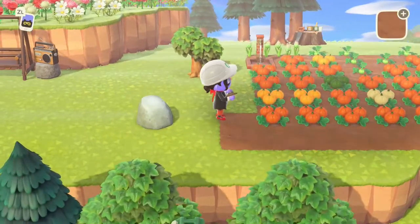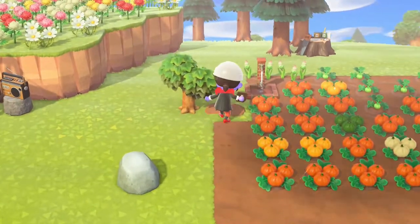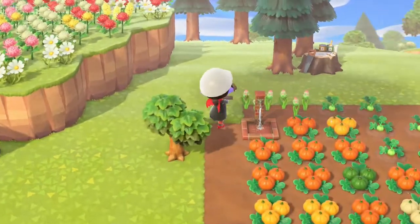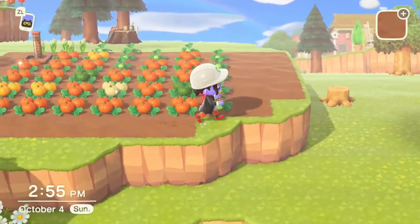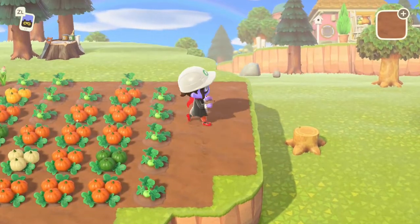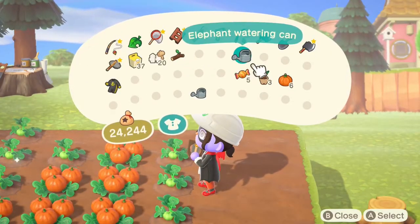And if you're new here, what I'm doing as much as possible is avoiding terraforming. So I'm not going to be building up cliffs. I'm not going to be doing waterfalls. I am going to maintain the integrity of my island. I've had to use some of the terraforming because I can't get inclines or bridges where I want them. So I've had to use it for that. But otherwise, I haven't really...